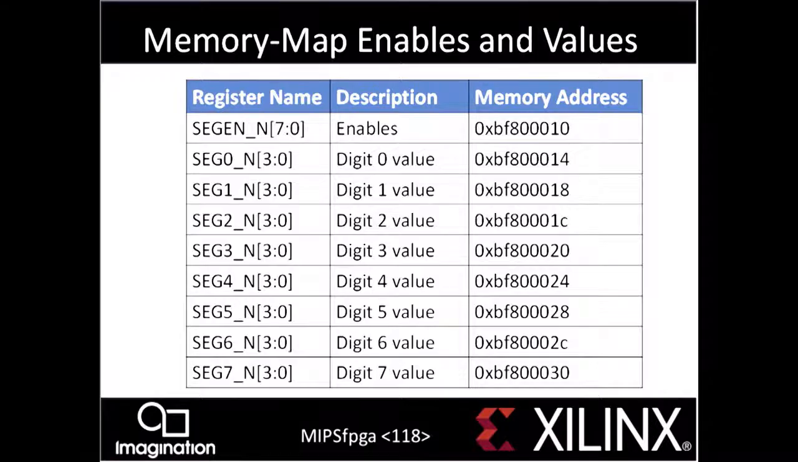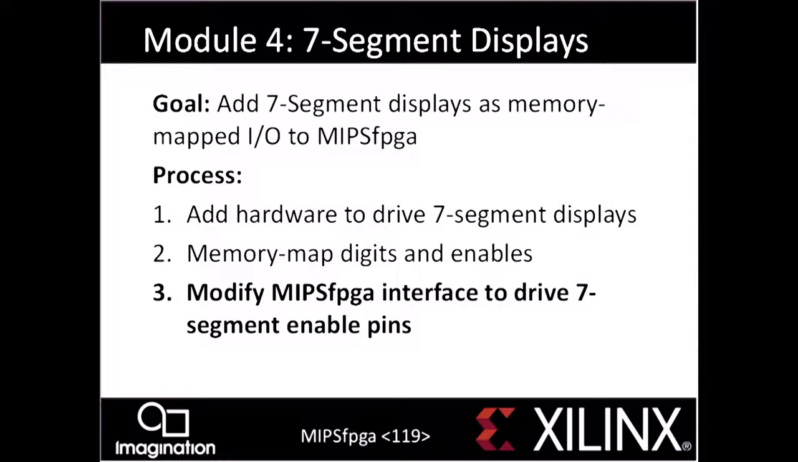We're going to go ahead and memory map the digits that we have. So we have the enable signal. That's this value. Map it to the next available memory address, hex BF8, 0s and 1, 0. And then we have the values that we're going to store to each of the digits. So we've gone through the first 2, added hardware to drive the 7-segment displays, memory map the digits, and now we need to modify the interface to drive the 7-segment enable pins